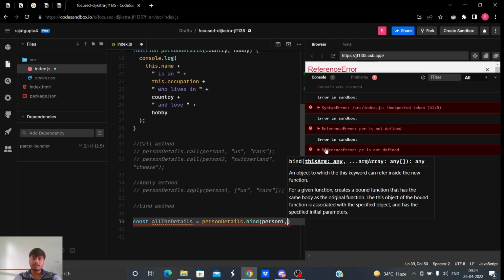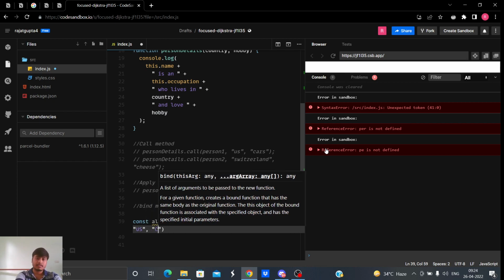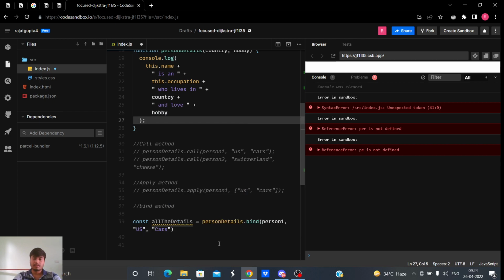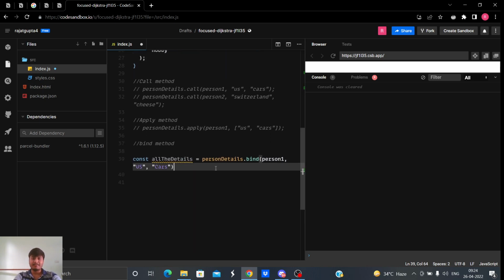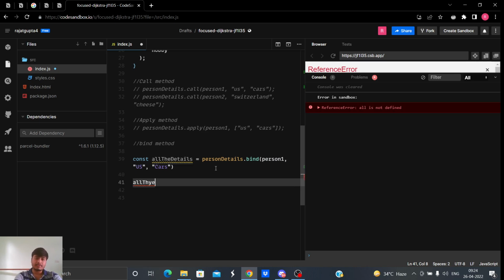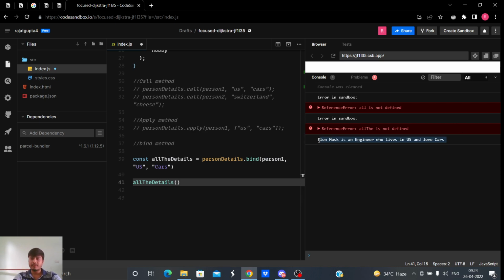We have person 1, and again we'll have 2 arguments, one is US, the second is cars. So this is what bind does. Now we can call allDetails anywhere we want. Let's execute allDetails. See, we got a result: Elon Musk is an engineer who lives in US and loves cars.